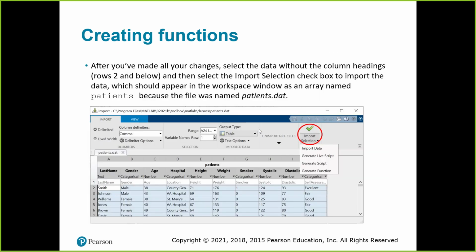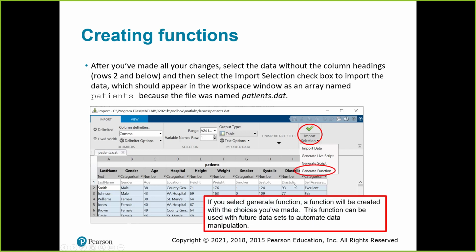After you've made all your changes, you can come over here and select the import data button. You should say name patients. Patients. Okay, creating. There we go. If you select generate a function, a function will be created with the choices that you've made here, and this could be used with future data sets to automate the data manipulation, so that you don't have to go through the import every time you come into this type of data file,